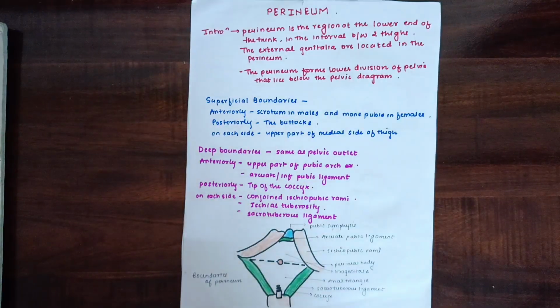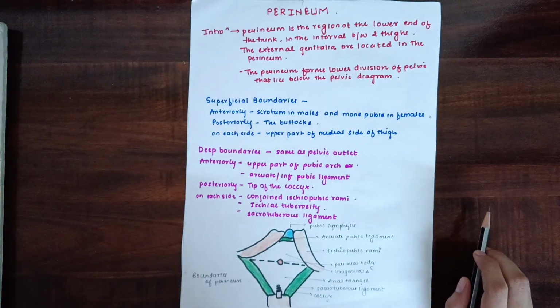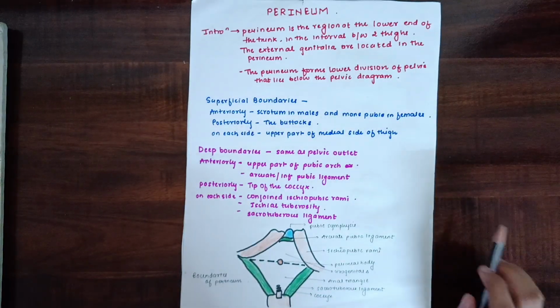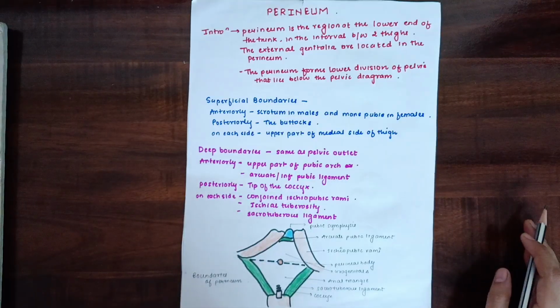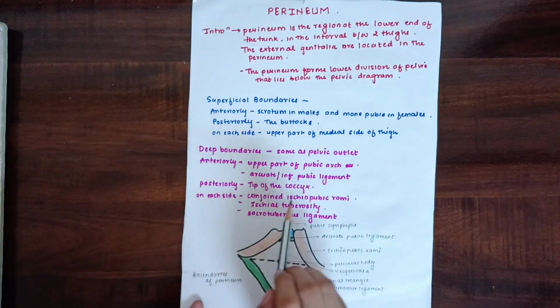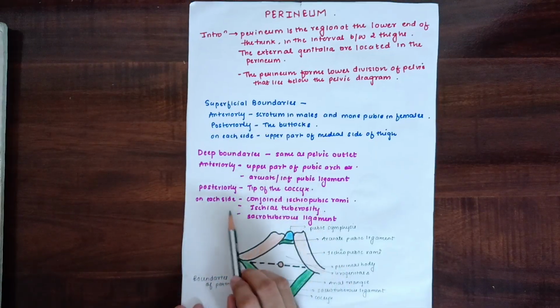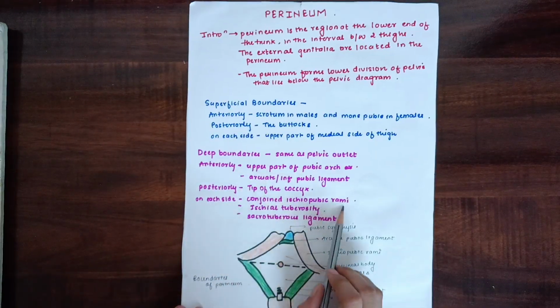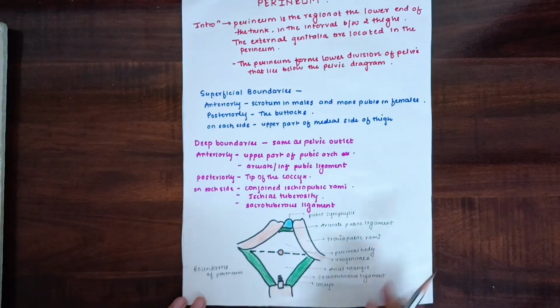Superficial boundaries: anteriorly scrotum in males and mons pubis in females, posteriorly buttocks, and on each side upper part of the medial side of thigh. Deep boundaries: same as pelvic outlet, anteriorly upper part of pubic arch and arcuate or inferior pubic ligament, posteriorly tip of the coccyx, and on each side conjoint ischiopubic rami, ischial tuberosity, and sacrotuberous ligament. As we can see here, on each side ischiopubic rami, then sacrotuberous ligament,